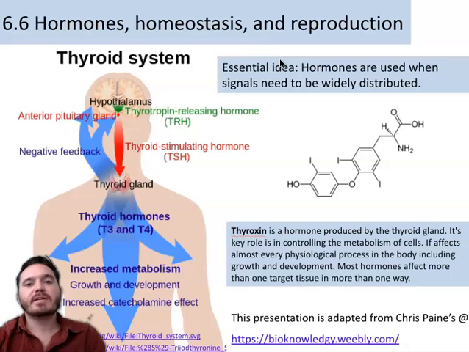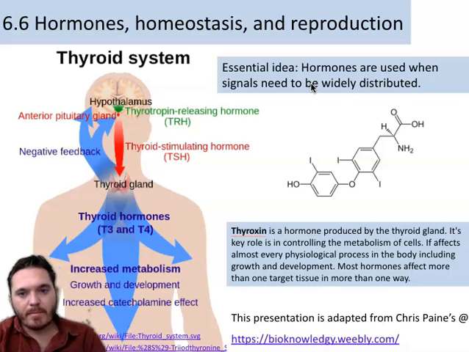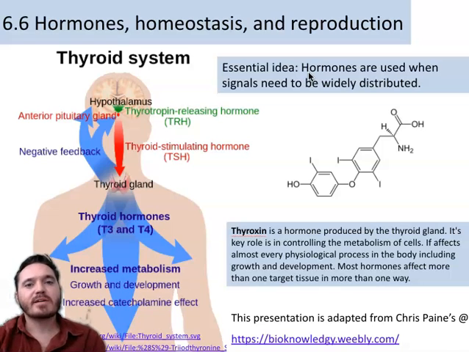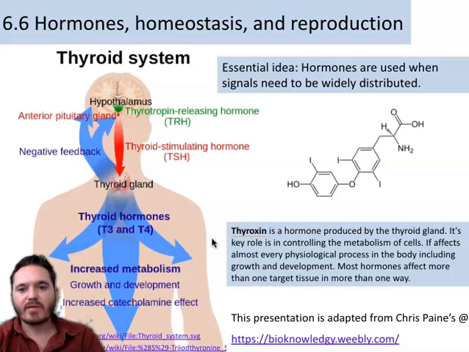So the essential idea here is that hormones are used when signals need to be widely distributed. That's the essential idea about hormones: they are released into the bloodstream in order to carry a signal to some other part of the body. An example of this would be thyroxine. It's produced by the thyroid gland. This is one of the hormones that you need to know about, and you need to know that it's produced